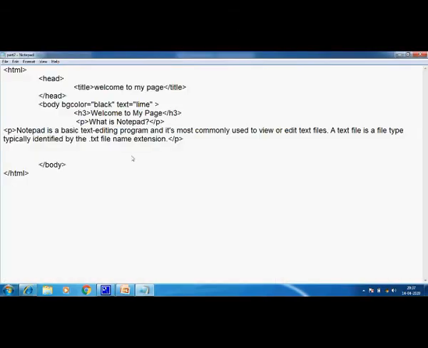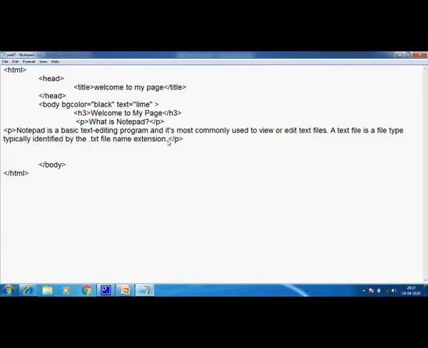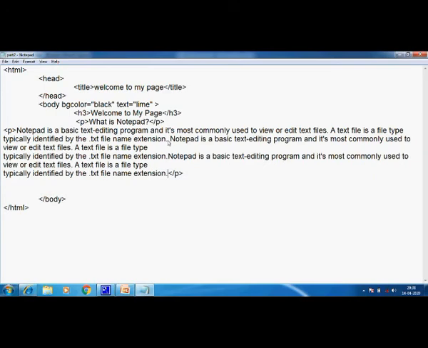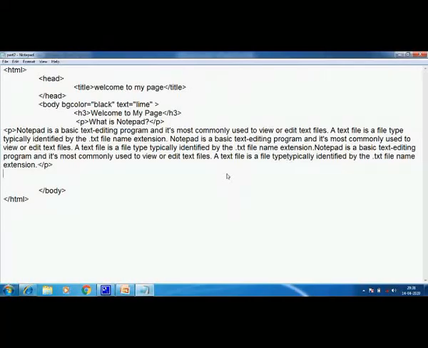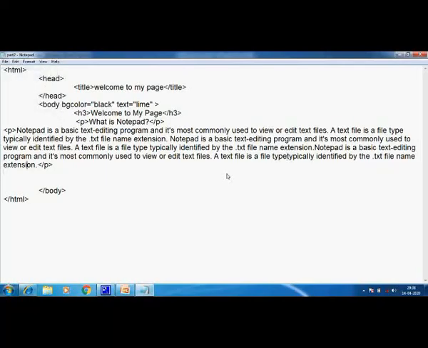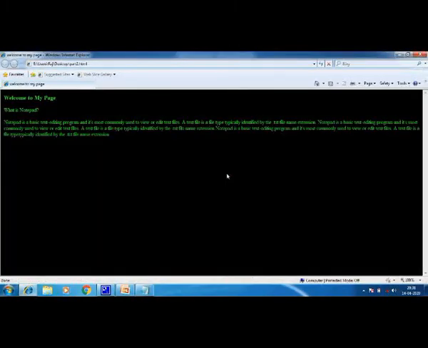Now let's see, we'll increase the paragraph content by copying the same line and paste it. Children, you can write something sensible. Okay, here we are just copying and pasting it for the practice session, right? Okay, so here we are, same thing I have pasted. Okay, now let's save it. File, save. Okay, and go back to the session. F5. Okay, so here we are.